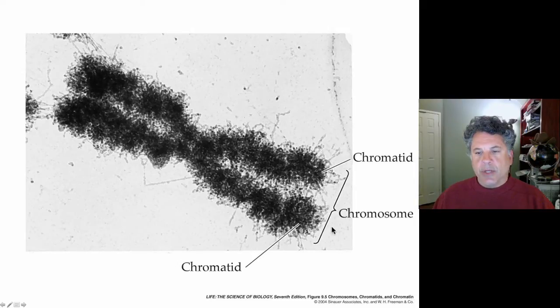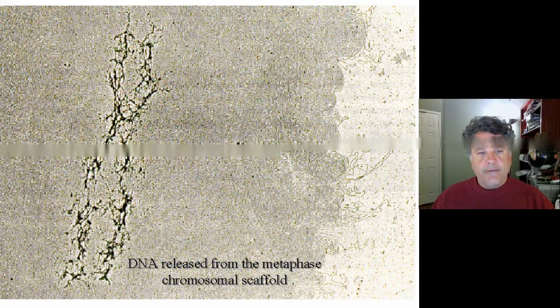So at this stage, the chromosome actually consists of two DNA molecules. These molecules have been produced by DNA replication of a parental chromosome. So we went from a single chromosome now really into kind of two chromosomes, but we call the two chromosomes chromatids because they are held together very tightly prior to their separation at mitosis. And this brings up a very interesting point about the packaging of chromatin and the packaging of DNA. And the next series of slides are going to illustrate a very interesting phenomenon.